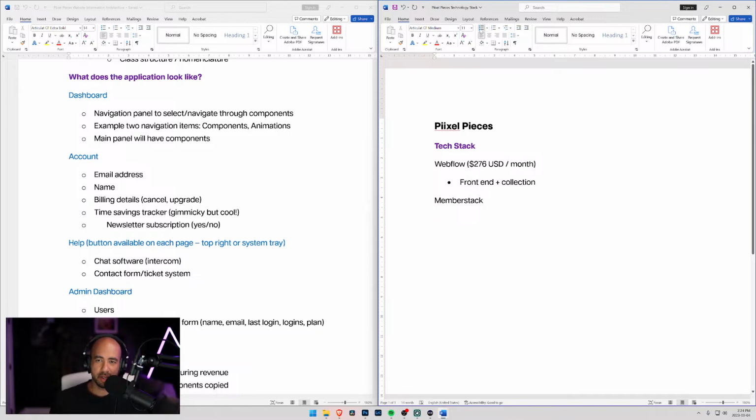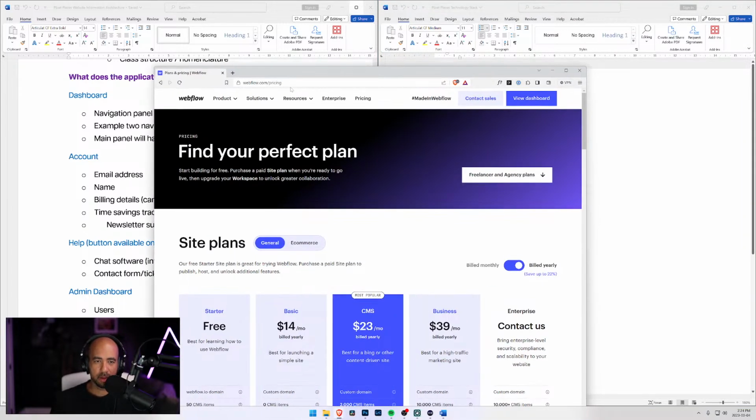MemberStack is going to handle our payments and user, actually it's going to be our login system, so let's just call it user portal. And do we want